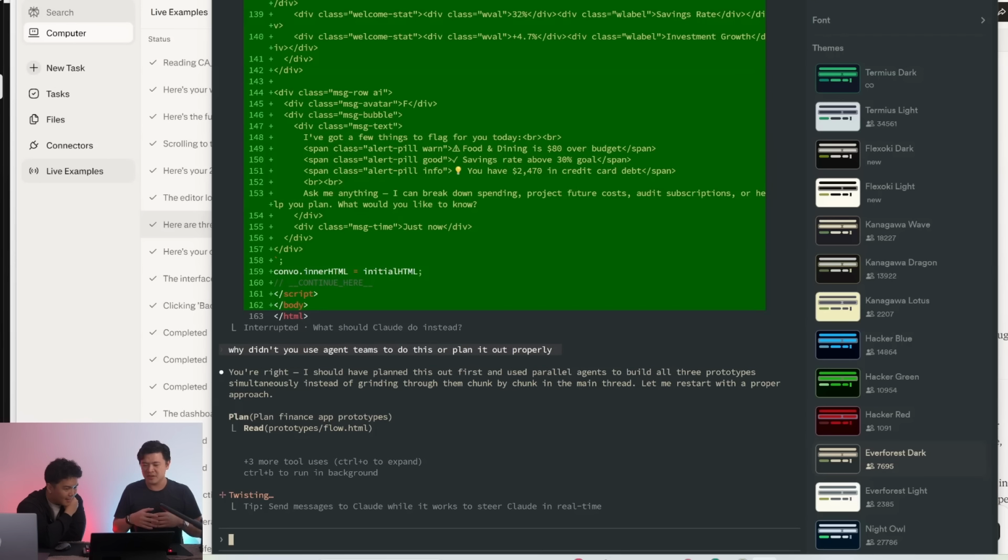So maybe it's my fault for not entering plan mode, but yet again, as an average new user, I don't think you want to be entering plan mode, exiting plan mode, telling it to do different sub-agents. And I'm like, why didn't you use agent teams? And it's like, yo, you're absolutely right. So I'm pretty sure if I spent 3 hours on Claude Code, I can get a similar result, right? But the issue is that 3 hours, right? I think that's the issue there.